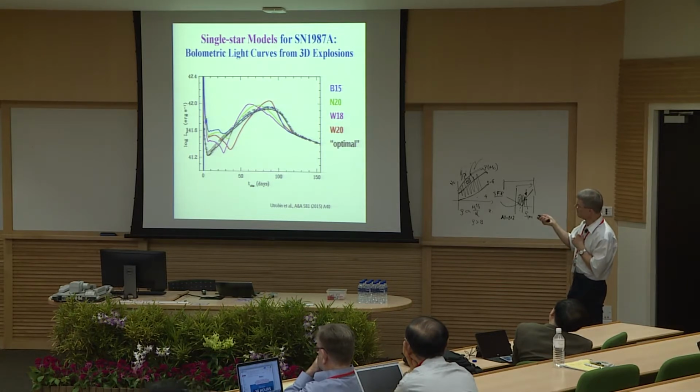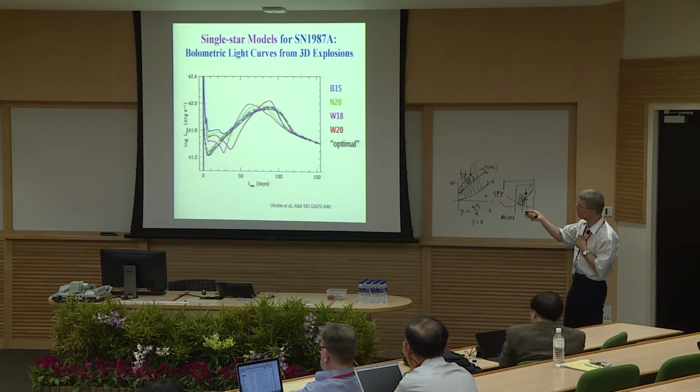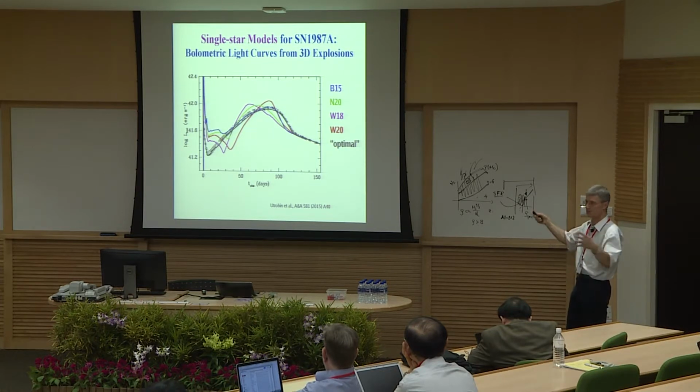And here's the set of simulations I just showed you, and here's the data of the light curve observations of 87A, and you see that the agreement is moderate. We have a problem here. The peak is too short. The best case still is the B15 case from Stan Woosley, but it's also too short here. So what's the problem? The stars are too extended, and there is too little mass in the helium core at